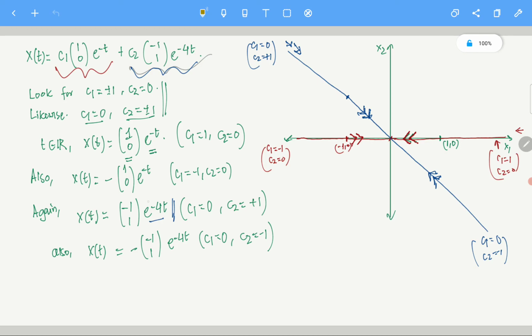Now, as t tends to minus infinity, the solutions are parallel to e^(-4t), right? So they are parallel. And as t goes towards infinity, what is happening? It is becoming parallel to this line, (1, 0). So you see, this is coming like this, and it will do this. I hope this is clear. As t tends to infinity, it is basically parallel to this.